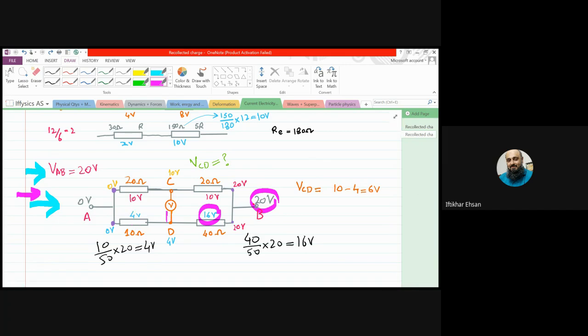Okay, now coming back, these were the logics I was discussing. Actually, we had to find the potential difference between C and D. Our first mission was to find the potential at C, that is 10 volt, and at D it is 4 volt. So what will be their difference, the difference between the potential of C and D? 10 minus 4 will give you 6 volt. So this is the answer. Is it clear?